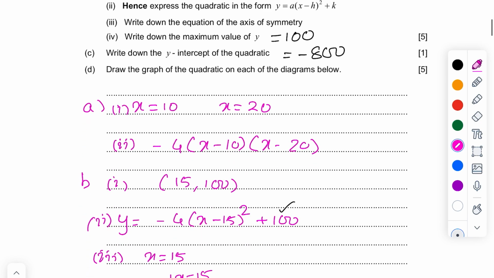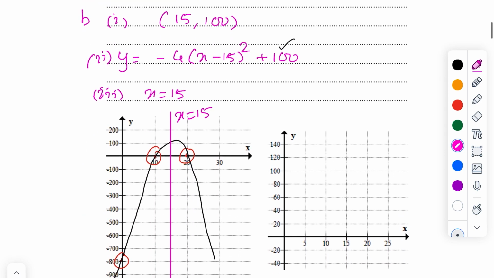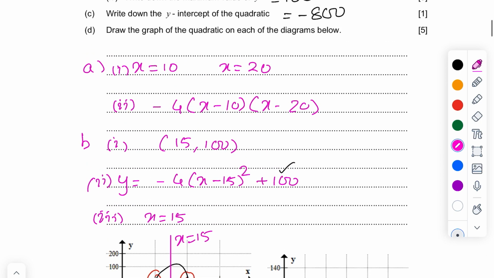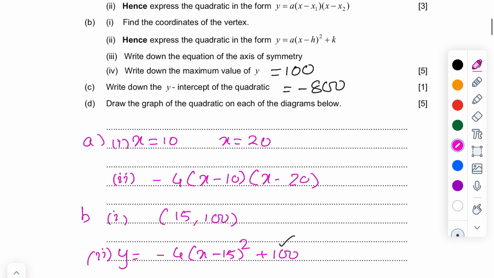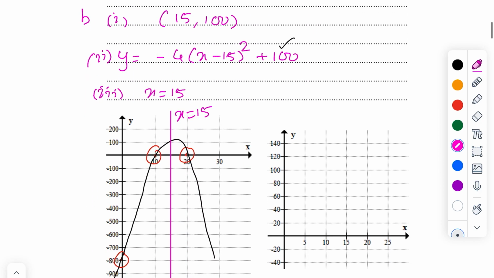So we have done that one. The next one, so first graph we have already done. Now what about the second graph? So the roots, what are the roots? The roots are 10 and 20, and this time